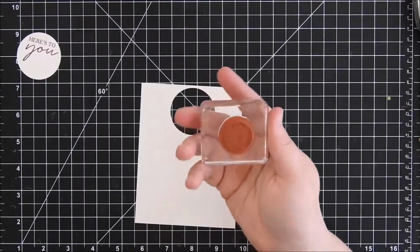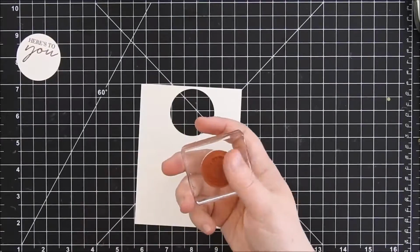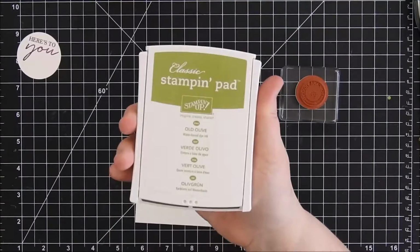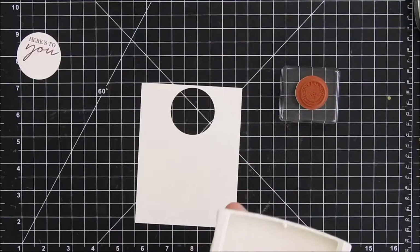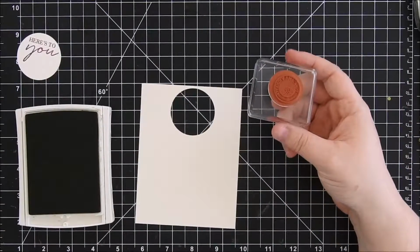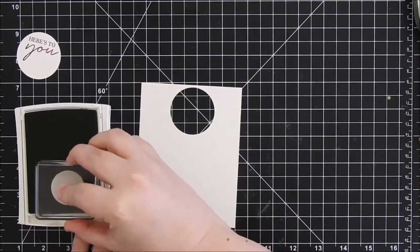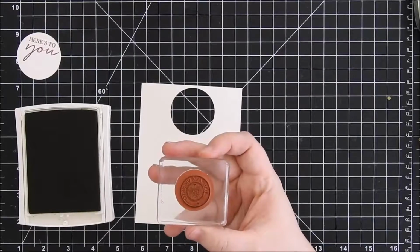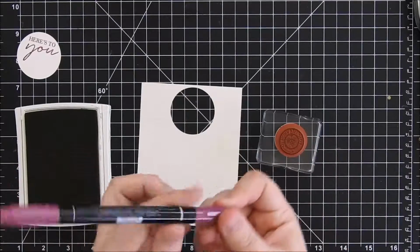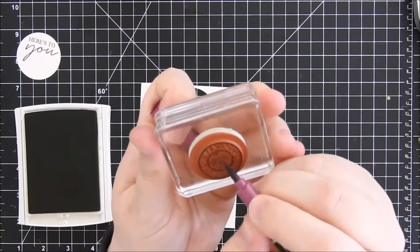We're going to bring in that cute little stamp. And first we're going to ink it up in Old Olive, because everybody knows that's my most favorite green. Although with the new Emerald Envy, it is kind of getting a run for its money. So, all right, what I'm going to do, I'm going to ink this up in the lighter color, in the Old Olive, and then I'm going to bring my Rich Raspberry pen in, my Stampin' Write marker, and where those